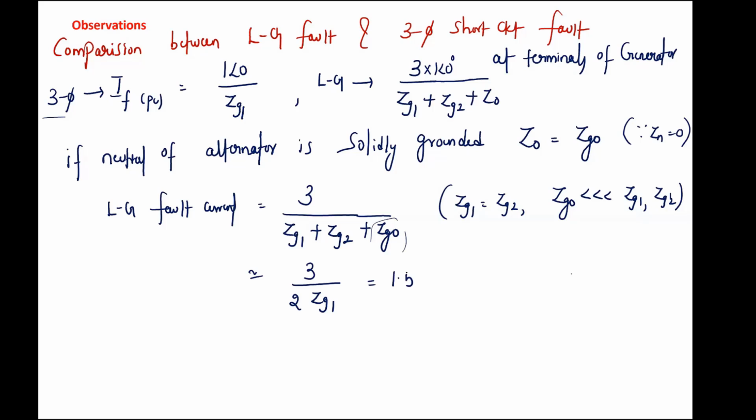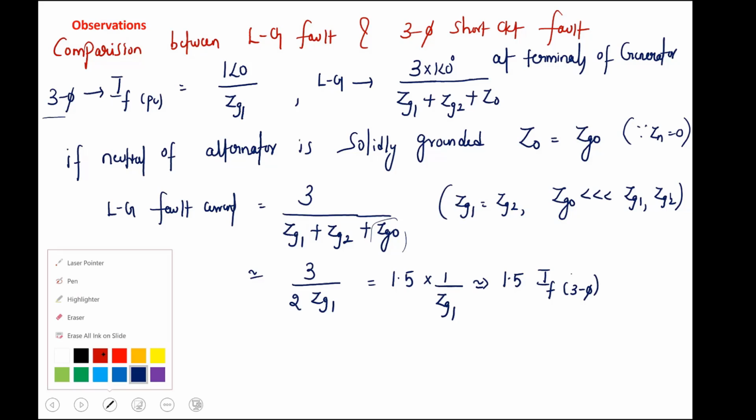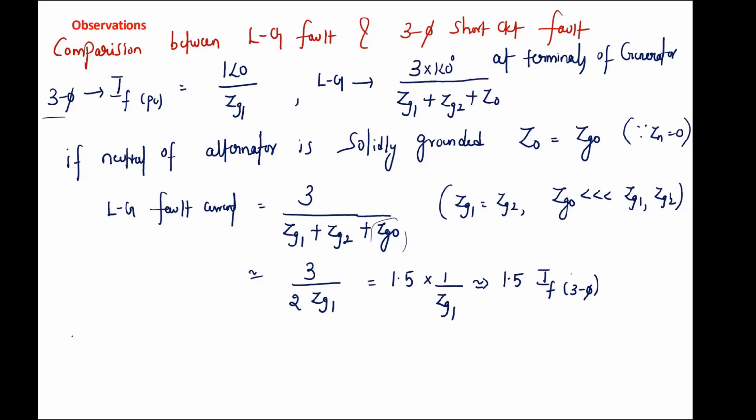That is 1.5 into 1 divided by ZG1, which implies 1.5 times the fault current of the 3-phase fault. So what is the crux of this one? The crux is that at the terminals of the alternator,